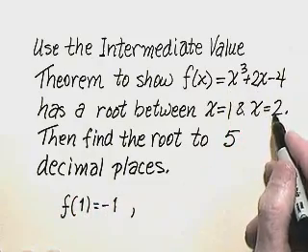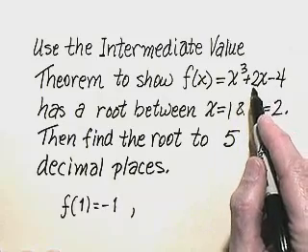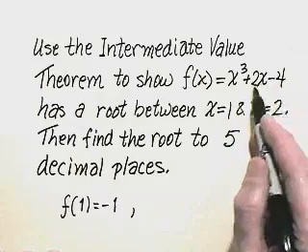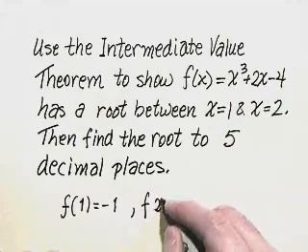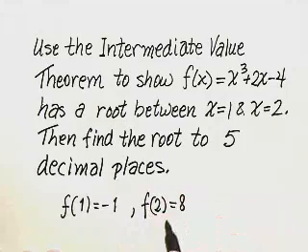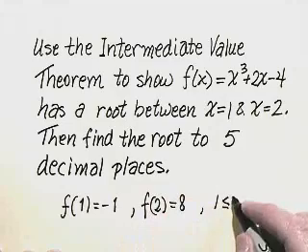Now let's plug in 2. 2 cubed is 8. And then here we have 2 times 2 is 4 minus 4. They cancel each other, so we're just left with the 8. f of 2 equals 8. So on the interval from 1 to 2, which we're going to look at,